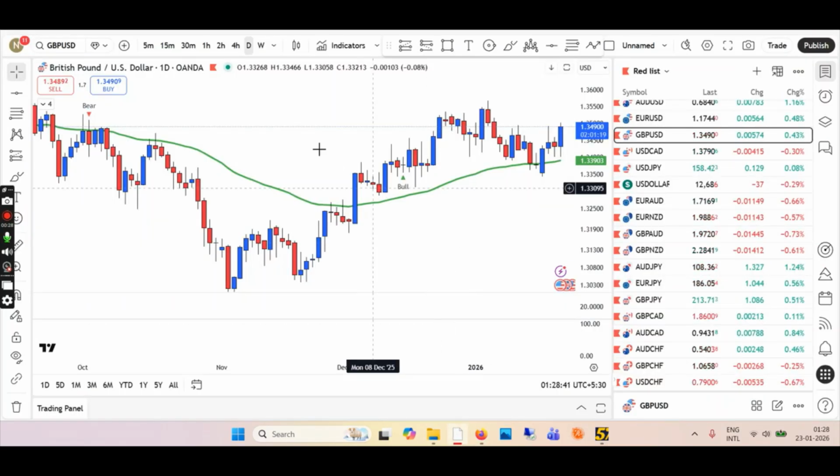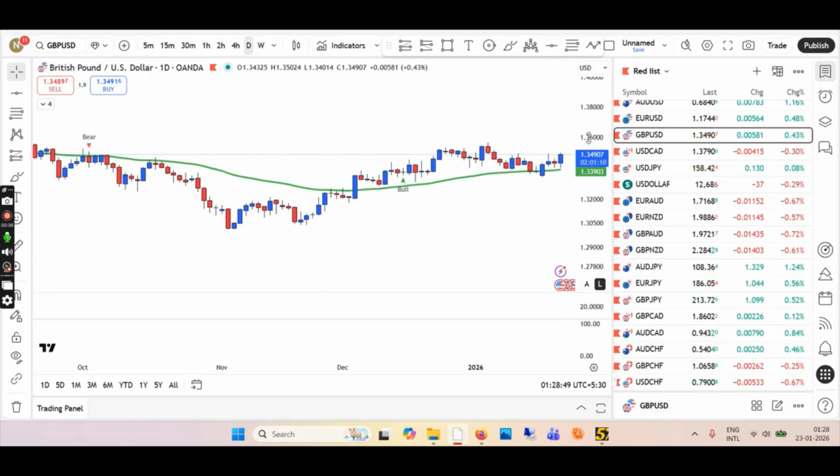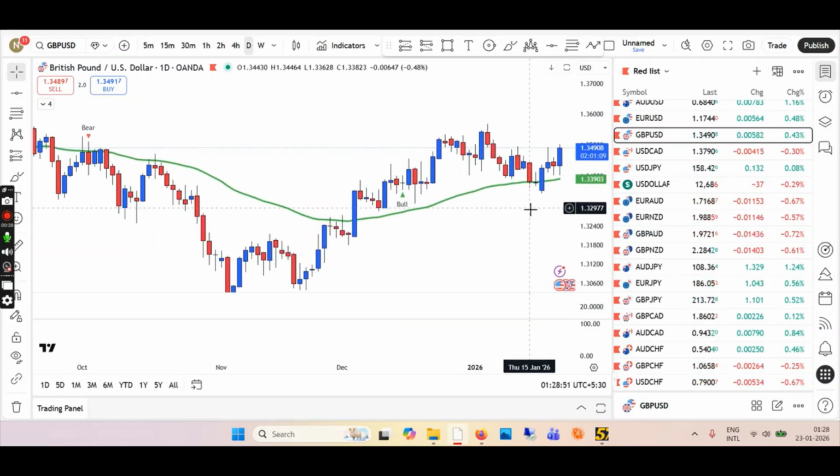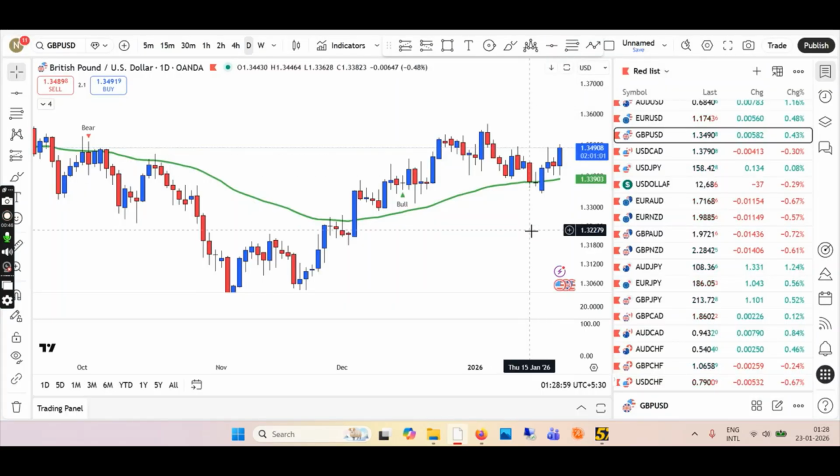And coming back to the chart, starting your top down approach with the weekly time frame. Weekly we're gonna go up. Today we have a lot of news coming in, and we have to watch out for that. You can see the calendar all red. So, news coming today. Be ready for the wicks and whipsaws.